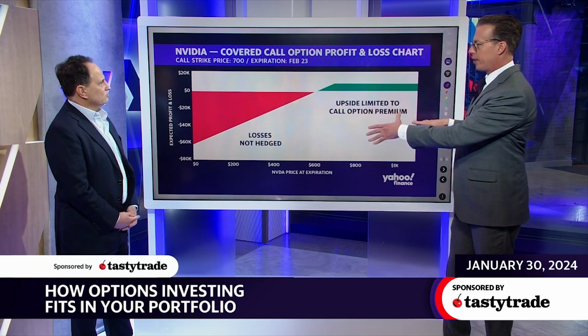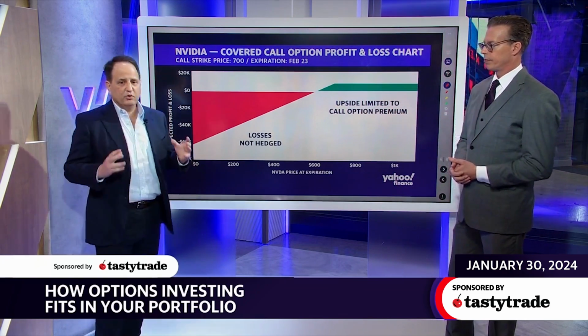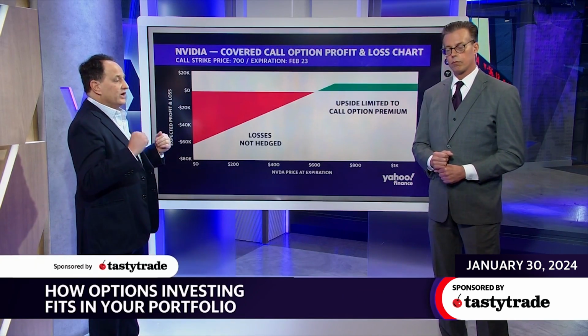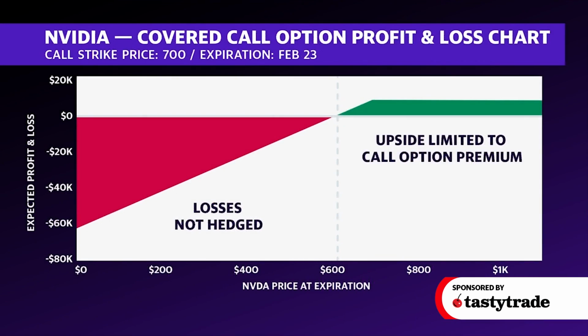Just kind of break down this trade for us. Sure. Important point here is that the statistical edge in option markets is on the side of the seller, right? So here you have NVIDIA, they're going to report on the 21st of February. We're using the Feb 23 expiration. We want to sell the 700 strike call. It creates a situation where if the stock happens to be above 700 at expiration, it's going to be a